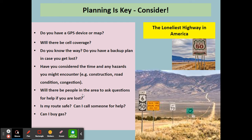So think of the Adirondacks, for example. In the Adirondacks, yes, usually there will be other people so long as you're driving during the day. If you're driving at 3 a.m. in the morning, not so likely. I'm going to throw another factor in there. Let's say you're driving at 3 a.m. in the morning